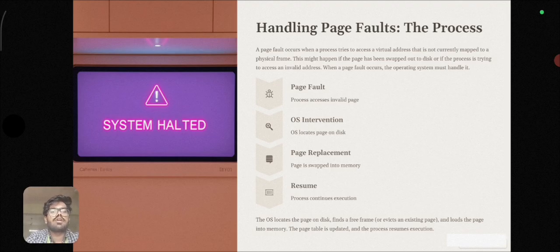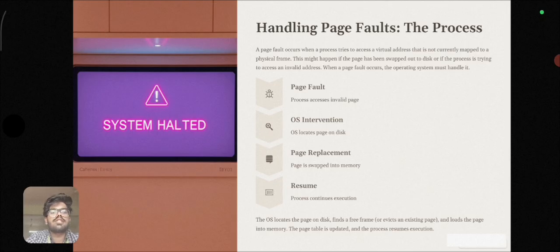A page fault occurs when a process tries to access a virtual address that is not currently mapped to a physical frame. This might happen if the page has been swapped out to disk or the process is trying to access an invalid address. When a page fault occurs, the operating system must handle it. This involves: page fault, process accesses an invalid page; next, OS intervention;